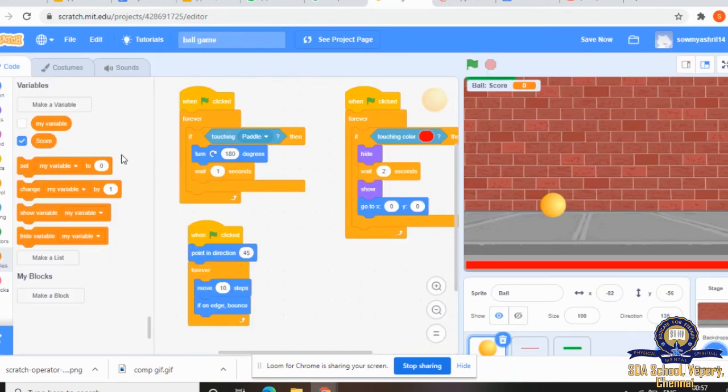Okay. Now I'm going to set my variable score to 100. First we'll have 100 and then when the ball touches the red line, let the score decrease. So we'll set score to 100. Then change score by 1 when it doesn't touch.